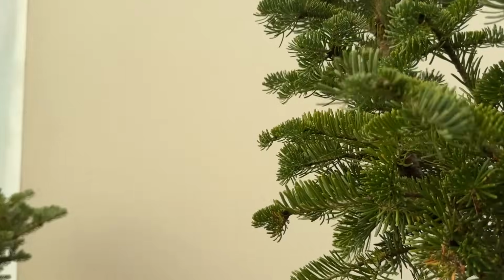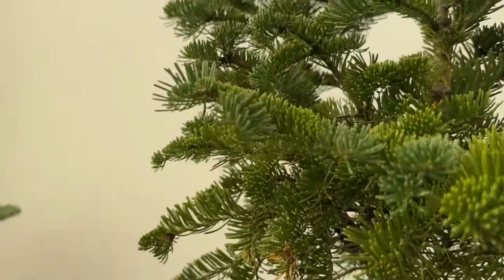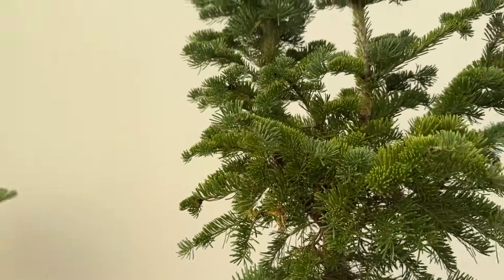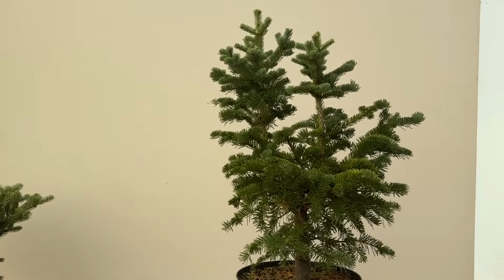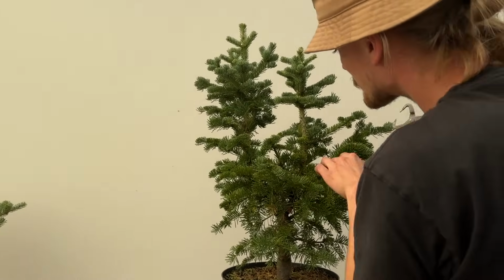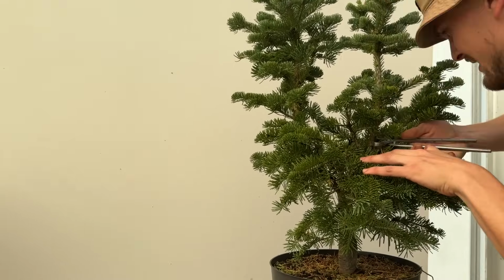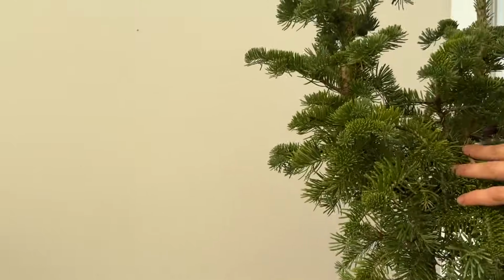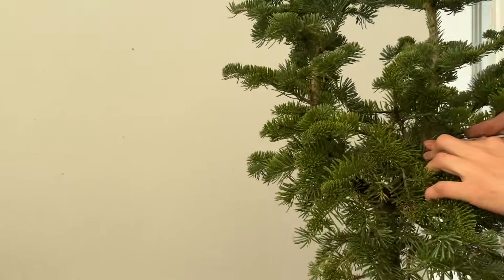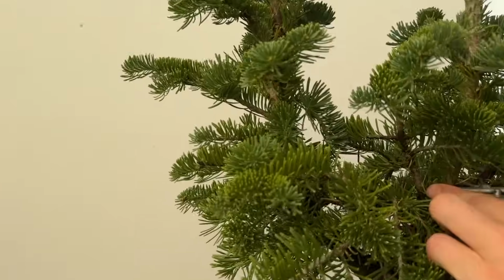But I also suggest you do a bit of trunk splitting. That means this one, split it like that down the middle. Yeah. And this one, take it down the middle. Use the stainless steel trunk splitter and split it, and then it will be easier to bend. Yeah, like that. Maybe start about a couple of inches lower and then go up to about there. Okay, and I just go through the bark. Yeah, you go through the bark